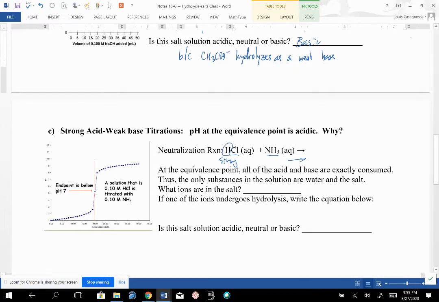What's going to happen? You are going to take the H from the HCl and give it to the ammonia, and what you're going to make is NH4 plus. You're going to make the ammonium ion. You're making ammonium chloride, but the ammonium chloride stays apart in solution. Again, we've got water and salt as the only two things in solution, and we've got the ammonium, NH4 plus, and the chloride, Cl minus, and this looks an awful lot like what we saw up above. The ion that undergoes hydrolysis is the ammonium, NH4 plus,